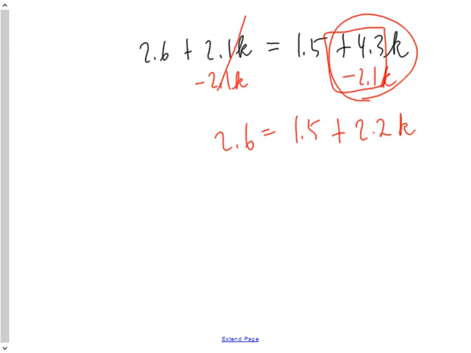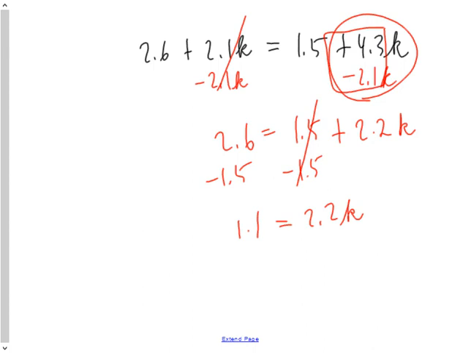Now we have the variable on one side of the equation, which is our first step when we have it on 2 sides. We get it on one side. Get rid of your constant next by subtracting 1.5 from both sides. Rational numbers: we have 2.6 positive, 1.5 negative. That means I have 1.1 positive equals